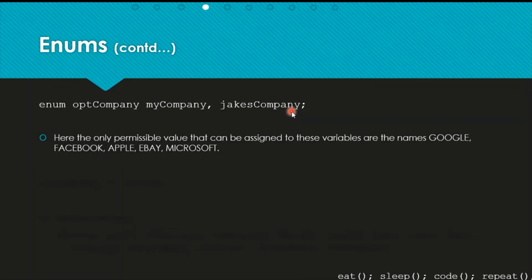These variables can hold only the values Google, Facebook, Apple, eBay, Microsoft. Let us suppose I give it Google: my company equals Google, ending with a semicolon, is a correct assignment, because Google is inside my list. If I put Netflix there, that is not permissible, because it is not accepted.